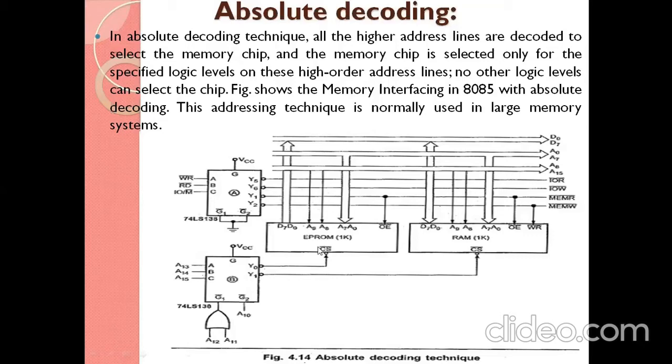And here, the bottom one is the decoder. In the decoder, there are 3 enable pins: G, G1, G2. G1 and G2 should always be low. G should always be high. If you give 0, 0, 0 on pins 13, 14, 15, Y0 will be selected. If you give 0, 0, 1, Y1 will be selected. So this is used for selection of the chip, and the other one is used for the control signals, whether read operation or write operation.